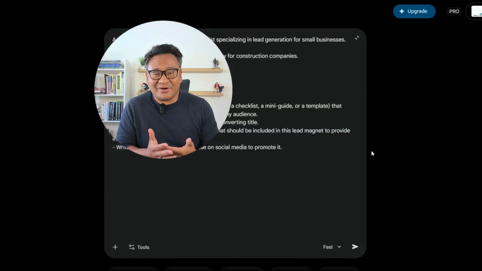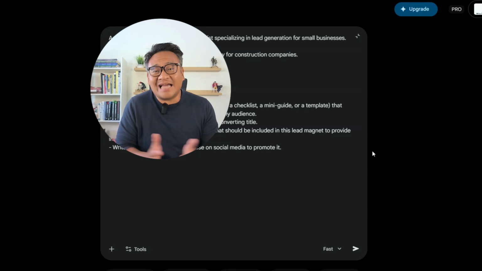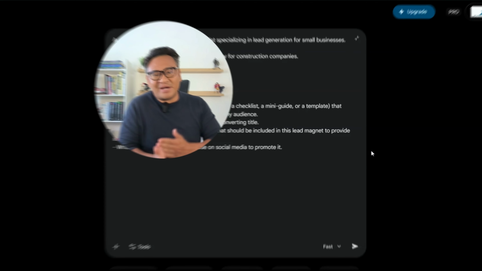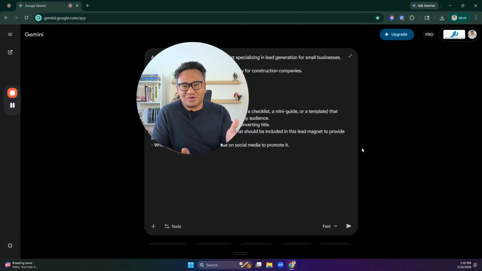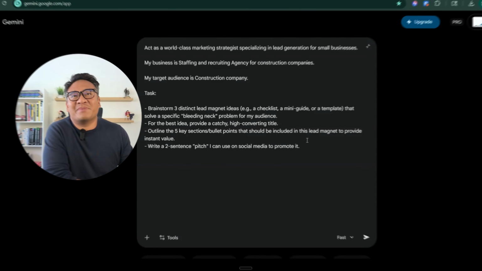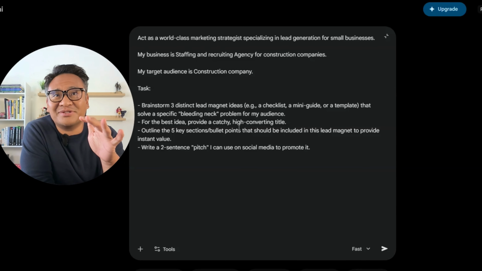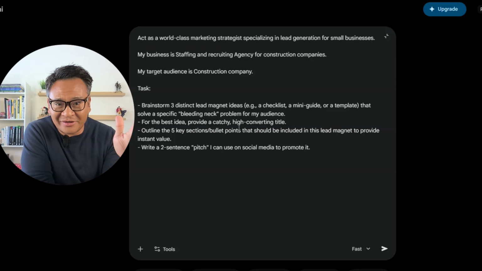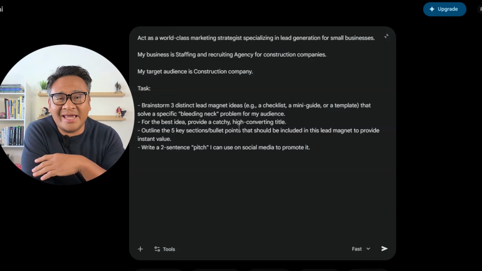For this demo, let's pretend I own a staffing and recruiting agency that specializes in working with construction companies. Let's go to my Gemini, where I have the prompt already copied and pasted. And don't worry, there's going to be the link in the description where you can get all these prompts